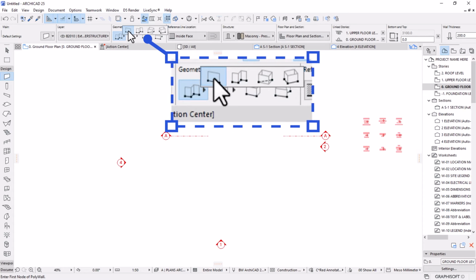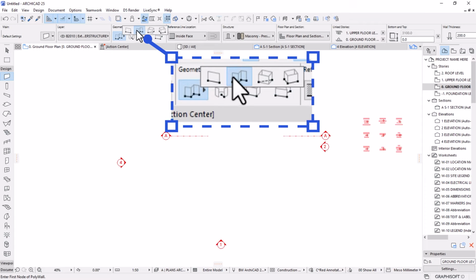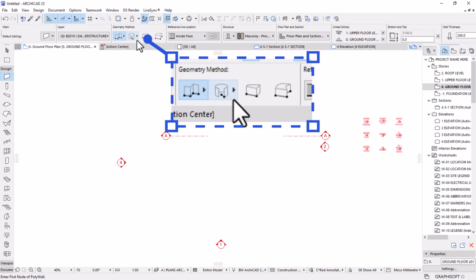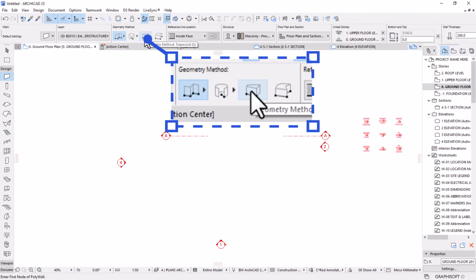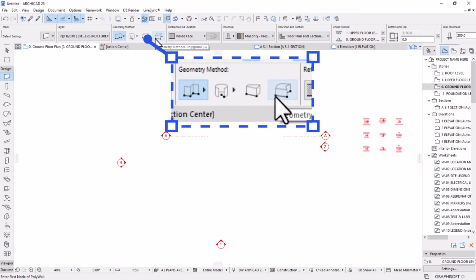We have the single and then chained to draw a continuous wall. We have the rectangle to draw a rectangular wall, and then we have a slanted or rotated rectangle if you want to draw a rotated rectangle, and then we have a circle where we can draw circular walls, and trapezoid walls. These are polygonal walls. So yeah, we have a couple of options there